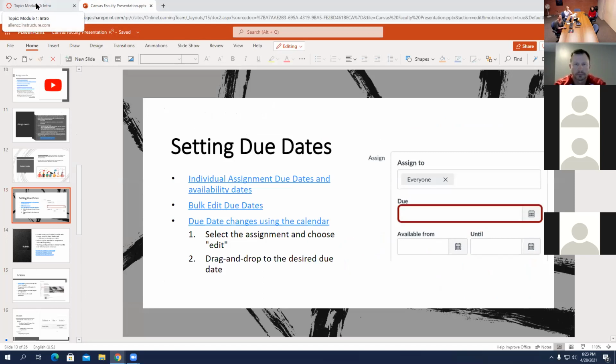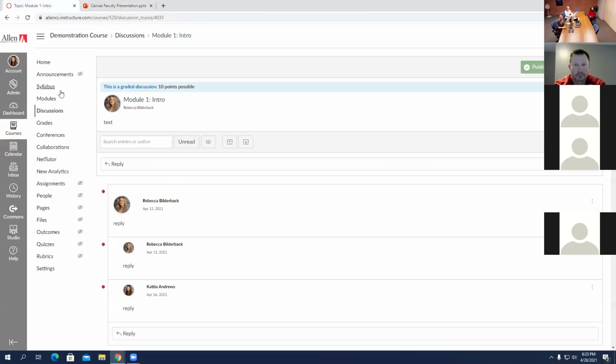So the next thing I'm going to touch on is setting due dates. Rebecca and I touched on how to set a due date for an individual assignment just a little bit ago by going into the actual assignment when you create it, or by editing the assignment. Another way, especially at the beginning of your course, to bulk edit all of the due dates for the assignments